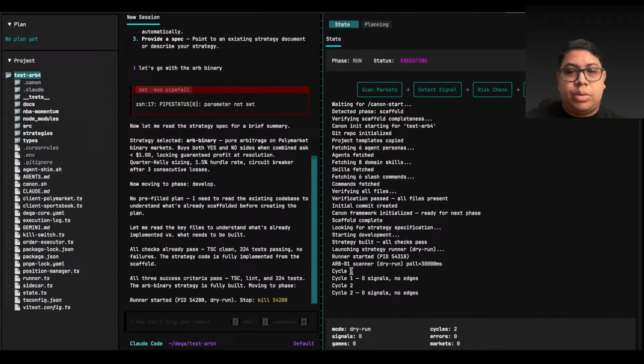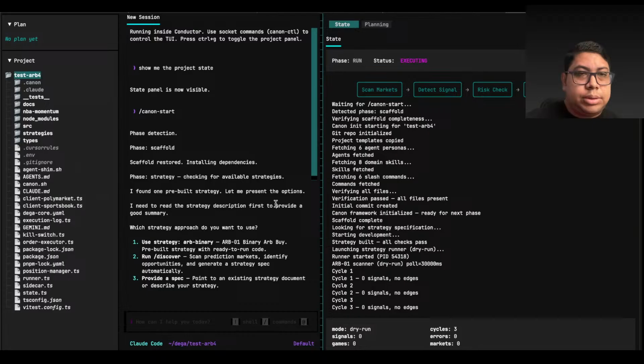So at this time, this is going for NBA markets available right now, and it is scanning the probabilities for the outcomes, and if it finds a gap between the sum of the probabilities versus a math formula, which is one, it is going to flag it as an opportunity, right? So yeah, that was the process